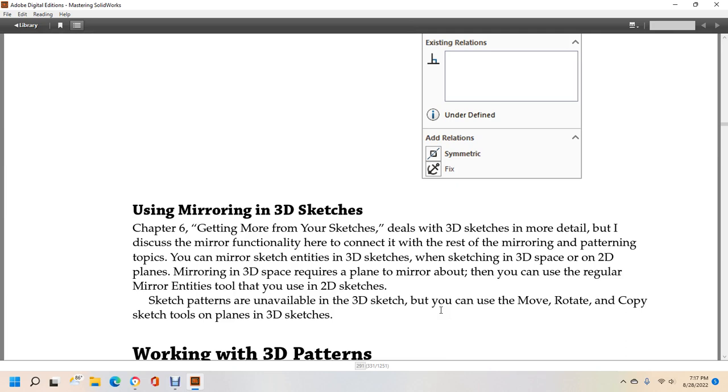You can mirror sketch entities in 3D sketches when selecting 3D space or 2D planes, but mirroring in 3D space requires a plane to mirror about. Then you can use the regular mirror entity tools, as you would in 2D sketches. Sketch patterns are unavailable in 3D sketch, but you can use the move, rotate, or copy sketch tools on the